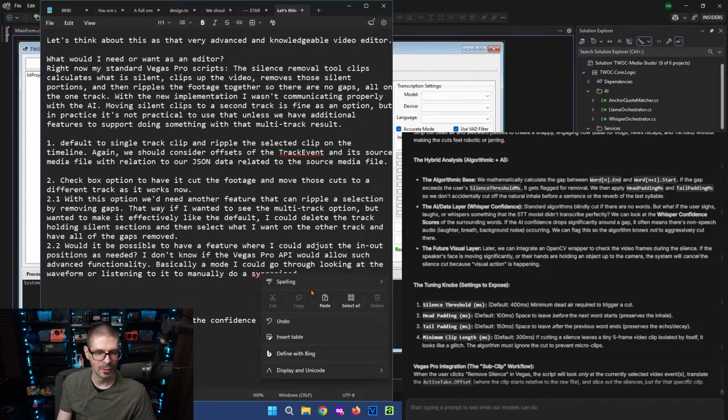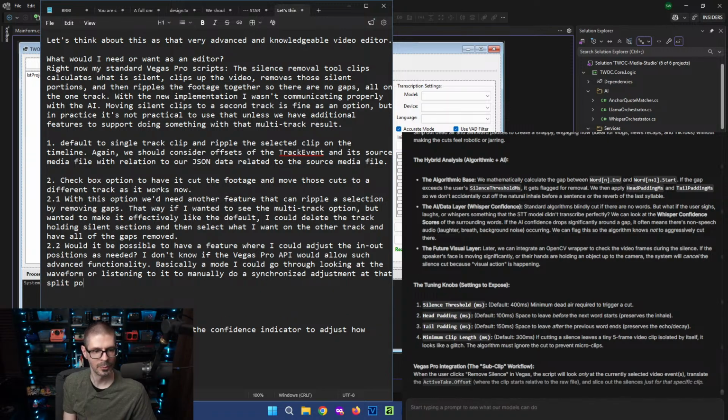How do you spell words? Adjustment. At that split point.